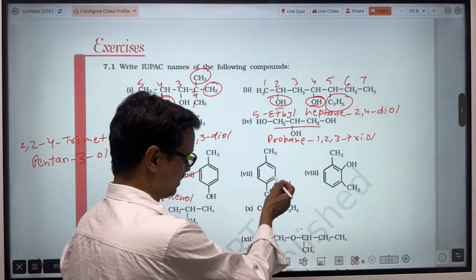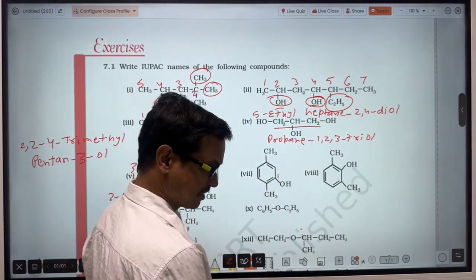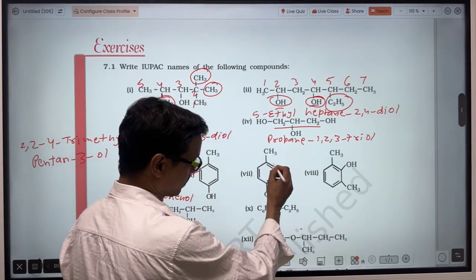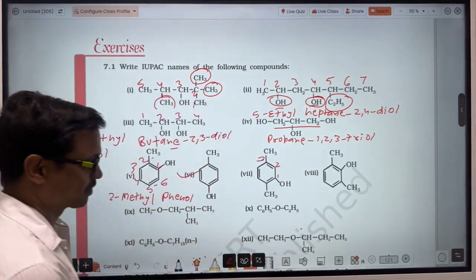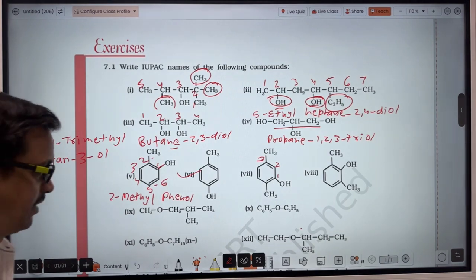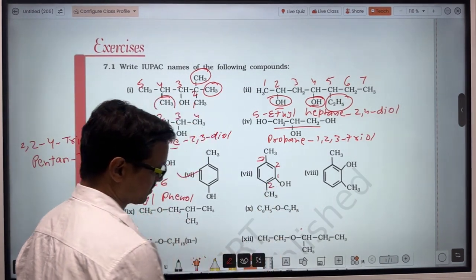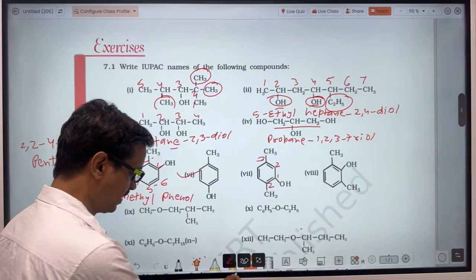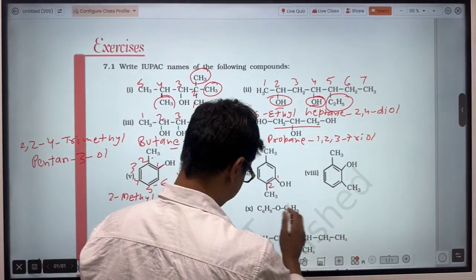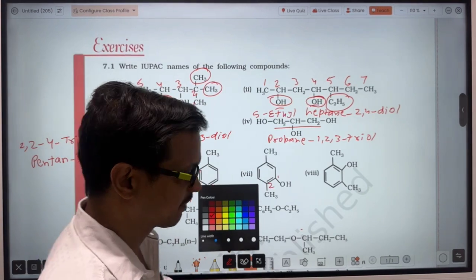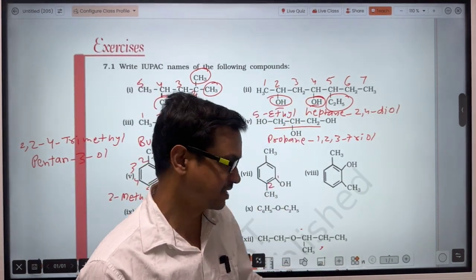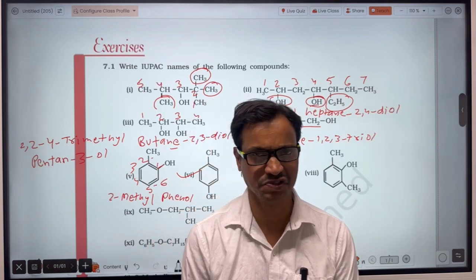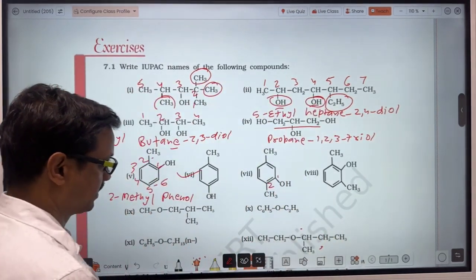You can do that also. Here will be the first position, and then when you do the numbering in anti-clockwise, the first substituent will get third position, and when you do the numbering in clockwise direction, the first substituent will get second position. So that's why we will do numbering in clockwise. We have done numbering in clockwise because the first substituent was acquiring the lowest position. So that came, and it is